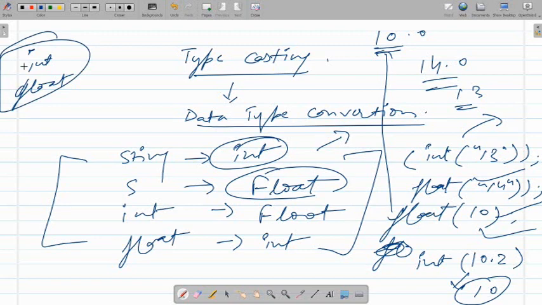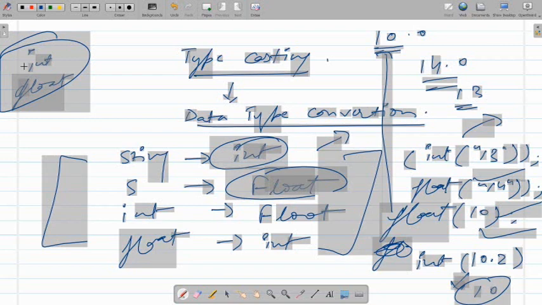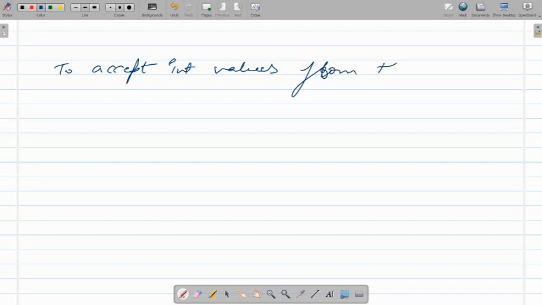Now if we want to accept a direct integer value from the user, we will use the input function, and then we typecast the given value and assign it to an integer variable. So to accept integer values from the user, we are using the same function.